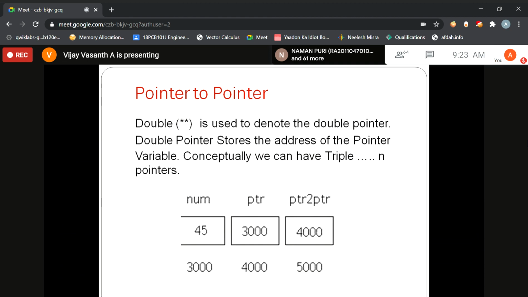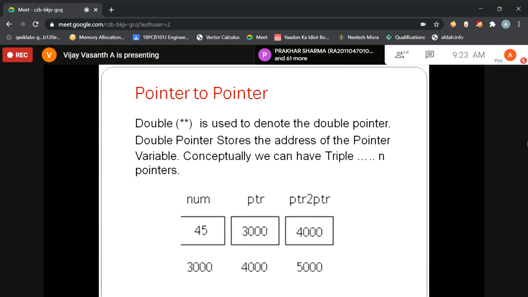So now we will see what this pointer to pointer is, how it is being used, and where it can be used. We will see all these strategies. First is the double pointer, how it is represented.